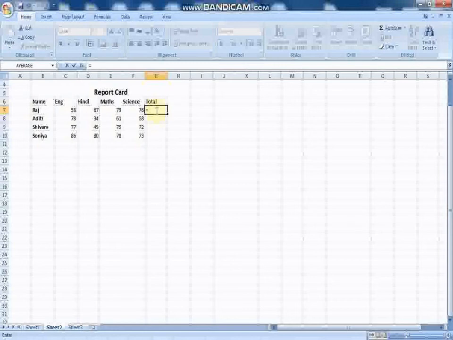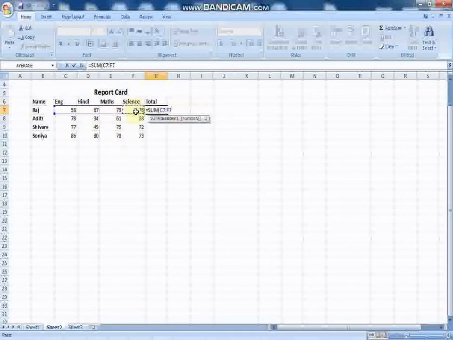Listen how to type the formula. Write the equal to sign, then write SUM. As I am writing SUM, this appears. Just click it and the bracket opens. Now first I have to write here the first cell number, this one, 68. So I am just clicking here and the cell reference appears here. Then you have to press the colon sign, this double dot is called the colon sign, and then the last cell, that is 76.